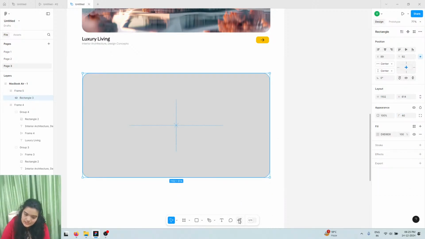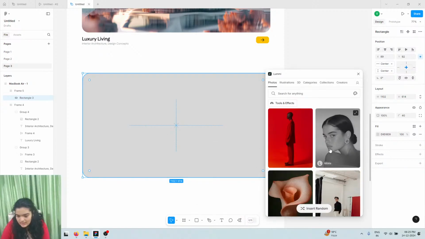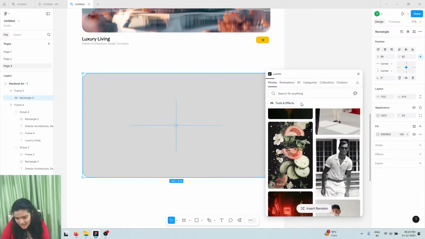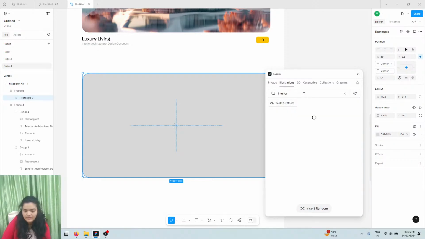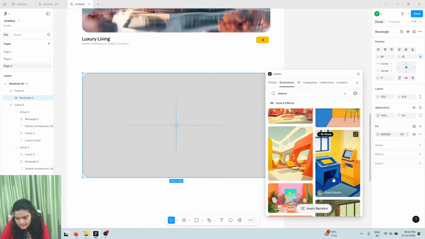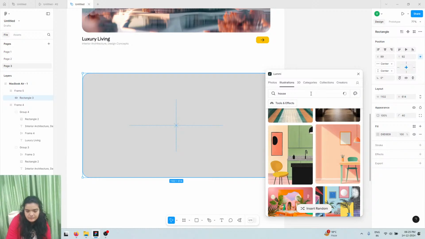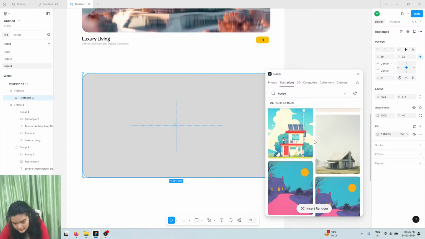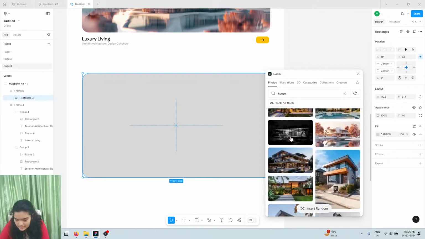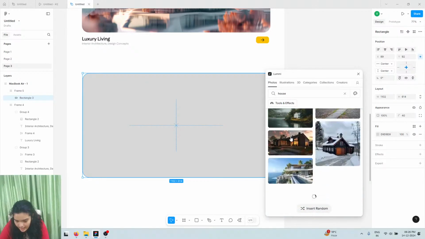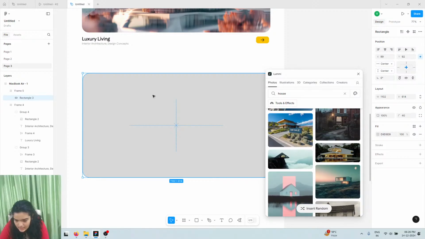And now we're going to change this image back up again, so we're going to go to Lumi, of course, and search for one last, or I think the second last house image. I shouldn't be this confident this soon. Let's search for house images. This does take a while, but obviously we need to search for houses in the photos section, not illustrations. And as soon as I find something that I do like, which would be this one,